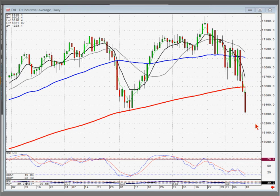So the direction of the trend will usually be in that direction. The direction of the trend needs to see a tremendous reversal signal to tell you there's been a change, or if they were using the 200 as a support area. As we can see now, the Dow actually used the 200 as a resistance area and then started trading off from there. The NASDAQ,